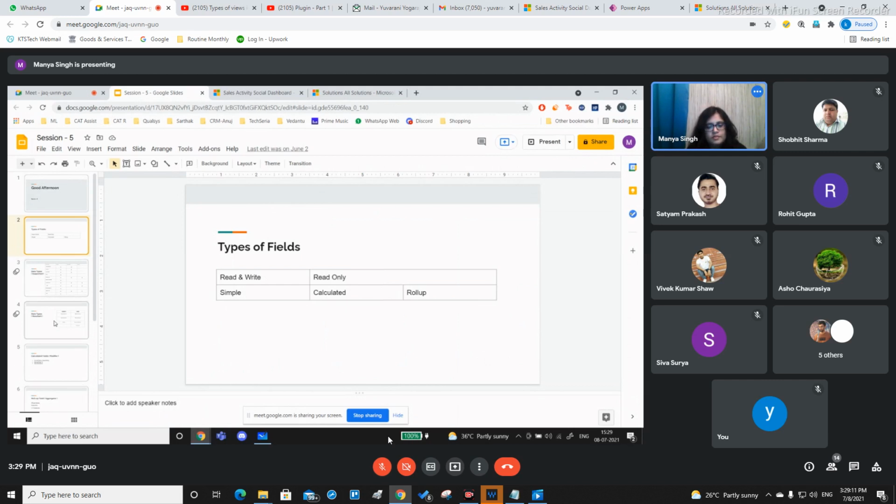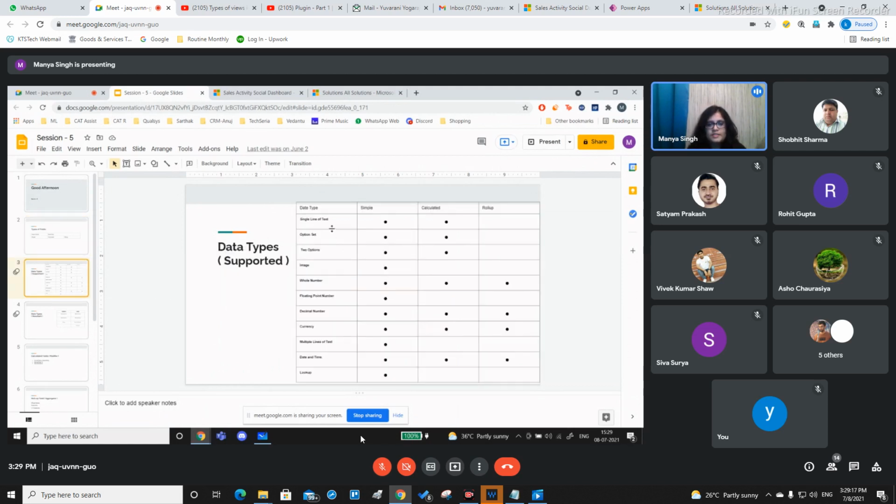As all of you know, there are various data types present in our system which we can utilize. For the simple field, we can use all the available data types. Whereas for calculate and roll up, we have a few restrictions on what data types and functions can be used.